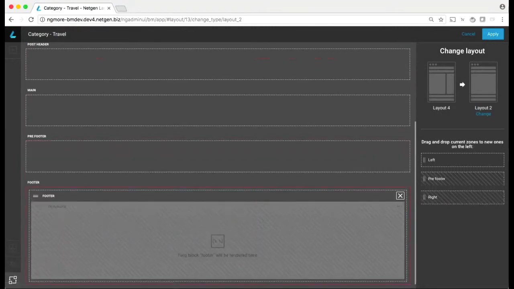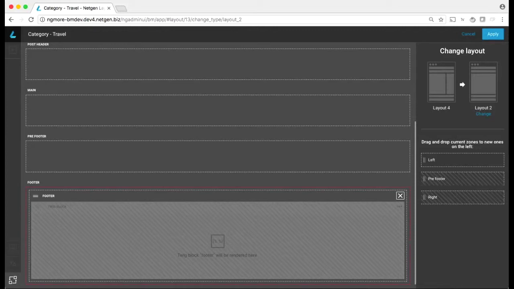This is the name in the old layout, and this here is the name in the new layout. So in this case, I removed the old pre-footer from the new pre-footer, which means that those blocks will not